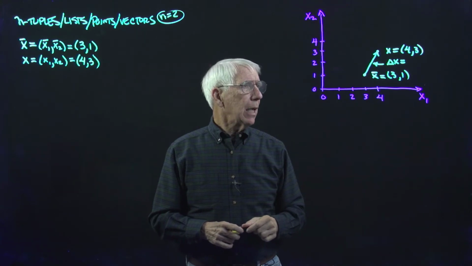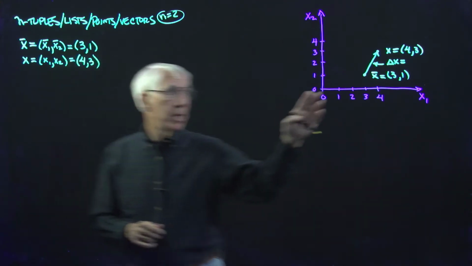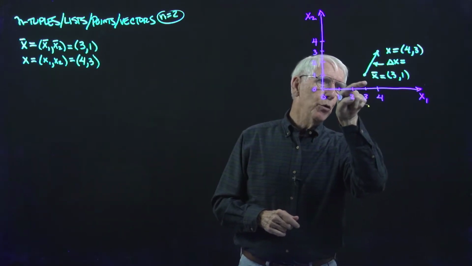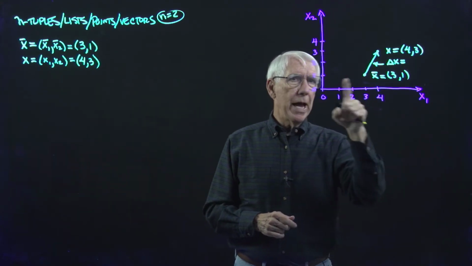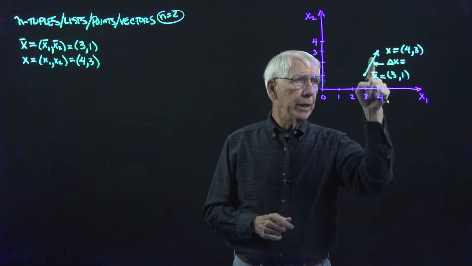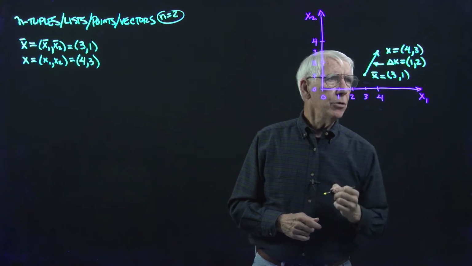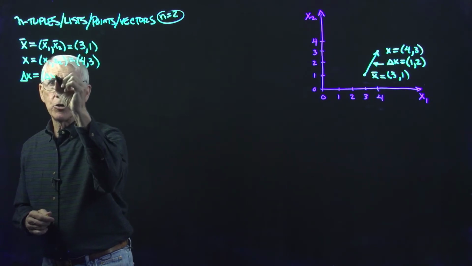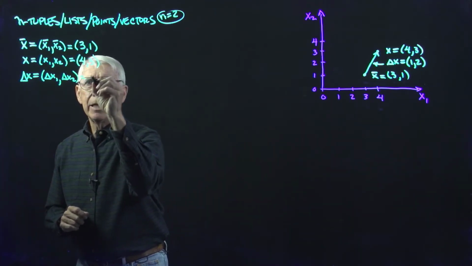And so the delta x here, first of all, let's notice that delta x clearly has two components, just like x bar and x. It has two components because I've moved one unit to the right, from 3 up to 4, and I've moved 2 units vertically, from 1 up to 3. And so this has two components, and they are 1, 2. So let's actually write that over here. We have delta x is, and since there's two components, I'm going to write the two components separately, and that is